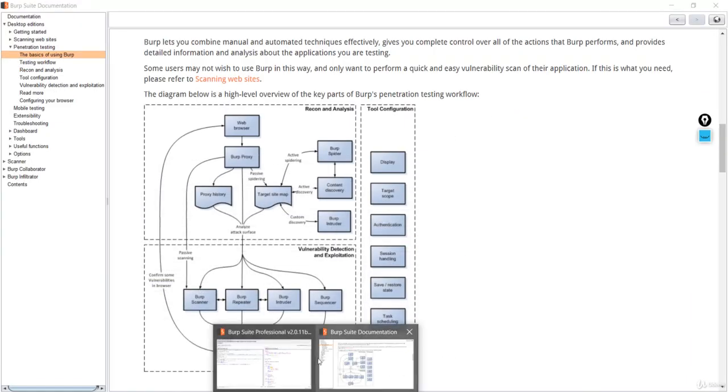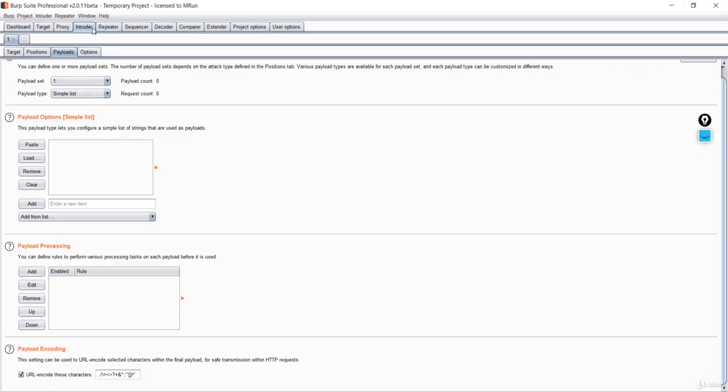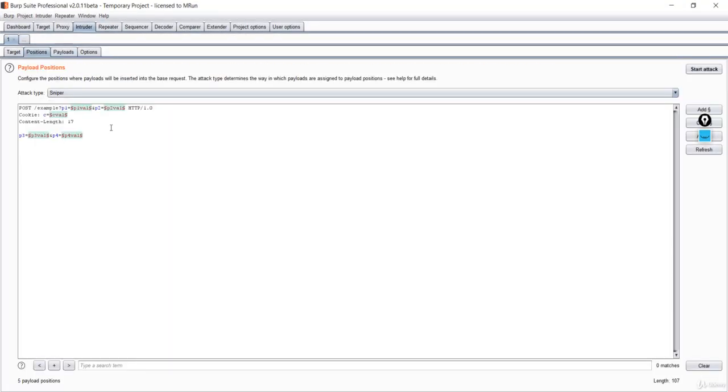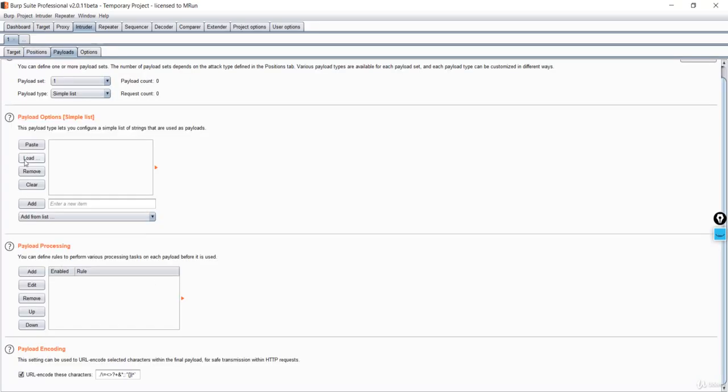And Intruder is another important tool, which is responsible for checking the positions, and we make use of this attribute over here, which is the add, clear, auto refresh. We can clear this, and if you want to attack a particular parameter, you can simply go to that parameter, add it, and it is selected now, and you go to the payload and load your payload.